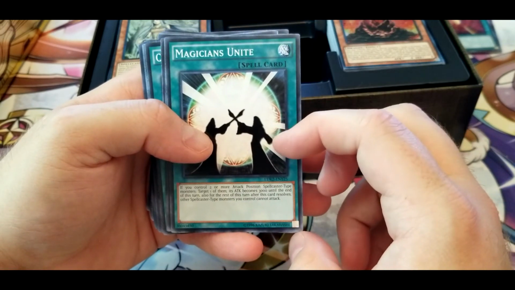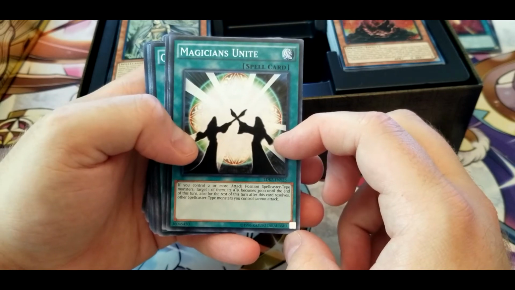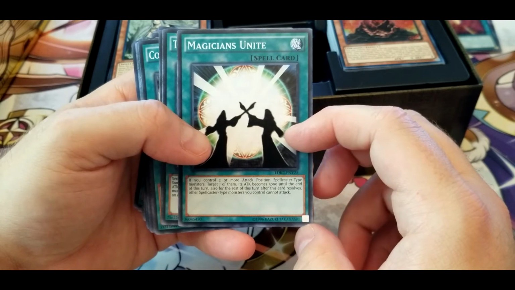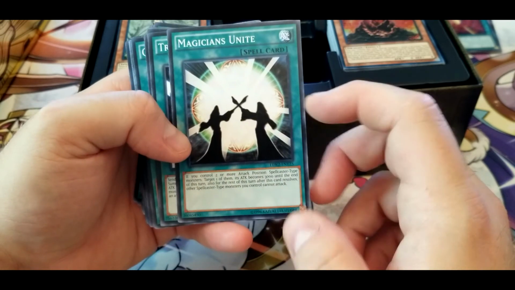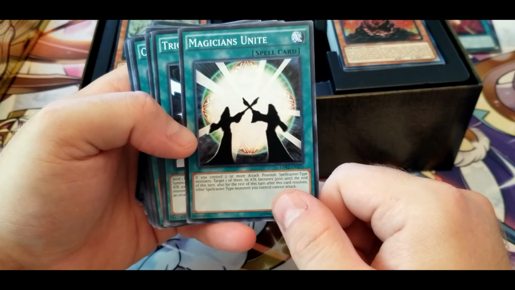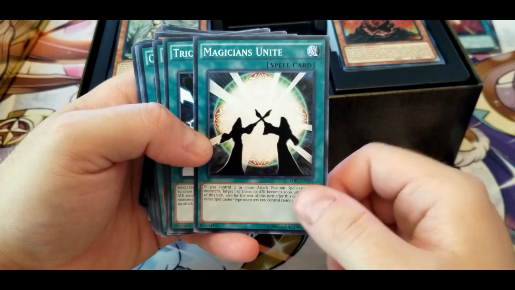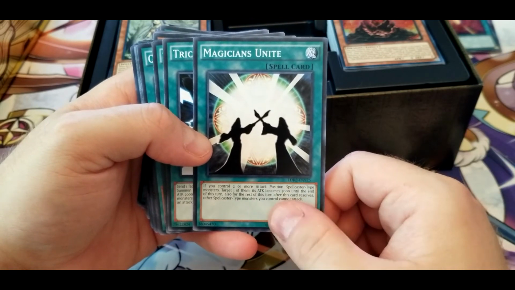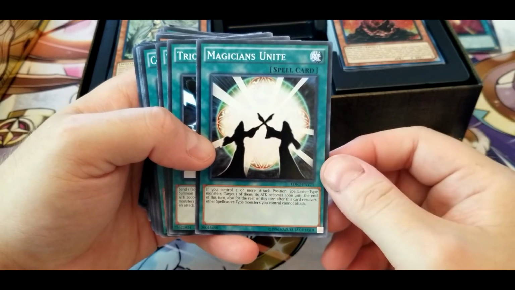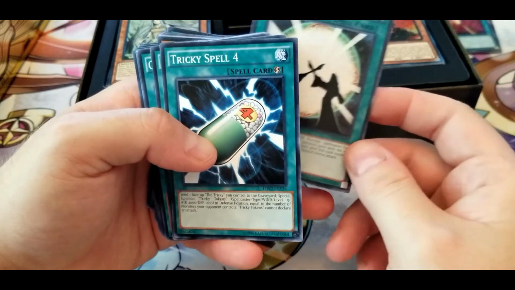Magicians Unite. If you control 2 or more attack position spellcaster type monsters, target one of them. Its attack becomes 3,000 until the end of this turn. Also, for the rest of this turn, after this card resolves, other spellcaster type monsters you control cannot attack. I mean, it's decent enough. I think generally, if you have the ability to just attack with both spellcasters, you'll be swinging for more damage. But, I mean, if your opponent has something with higher attack or defense, this at least lets you get over that. So,